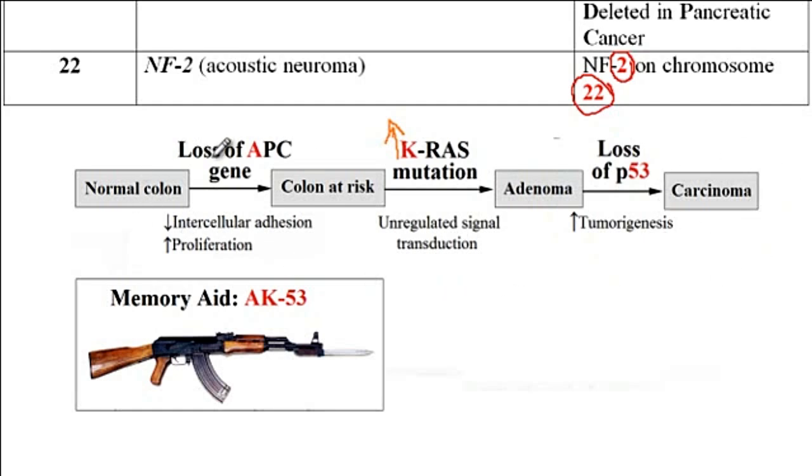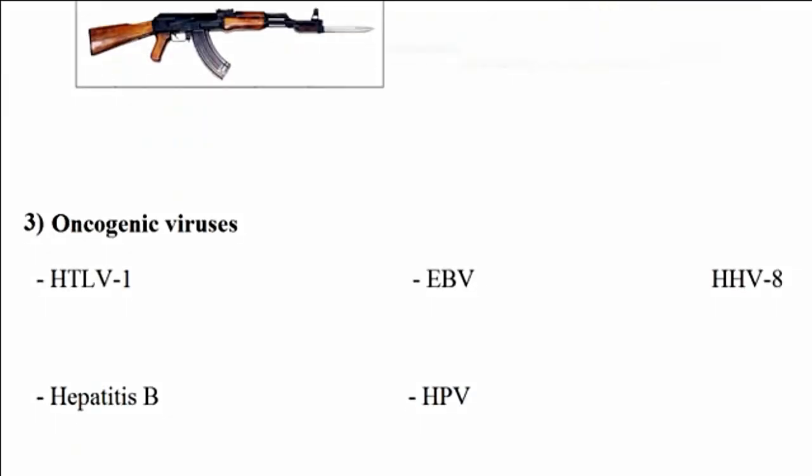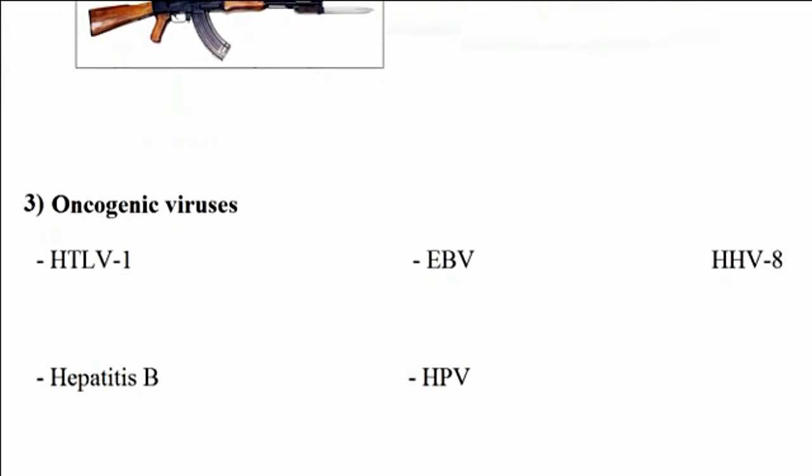So the way you can memorize the order of events that can lead from normal colon into colon cancer is called AK53. So APC, K, 53. AK53 is the order of events through which the normal colon can develop into colon cancer. Alright, now that we are done with both the oncogenes as well as tumor suppressor genes, we can now go over the oncogenic viruses. So the human T-cell leukemia virus can lead to the adult